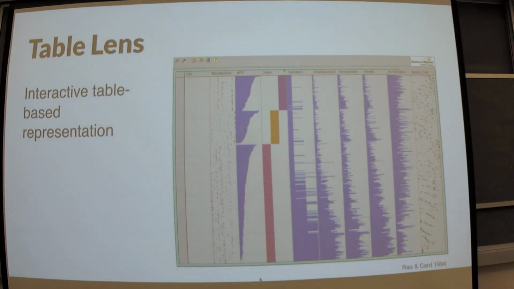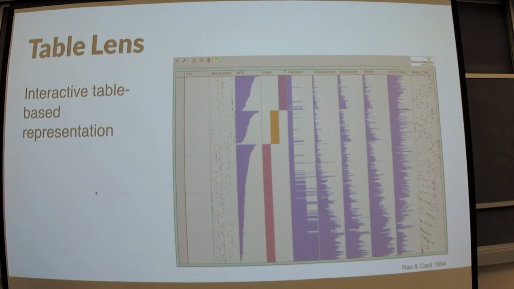Okay, so now if we kind of ignore temporal aspects, we can go into things like tableau layouts. And so the classical visualization here is the table lens. The table lens, I think I showed a video before. Table lens is essentially like a spreadsheet, but instead of having all the cells big enough so that they can actually plot data, they show these visual marks